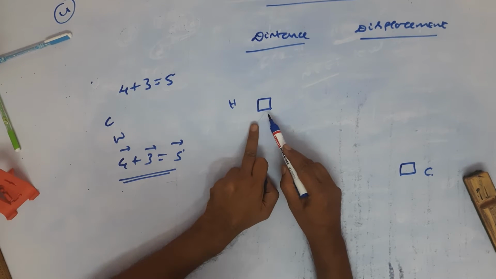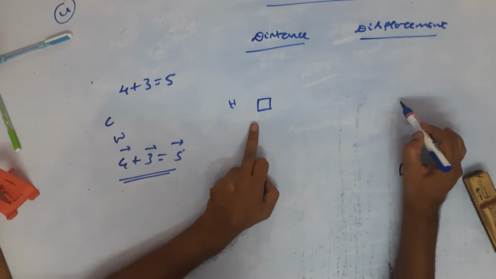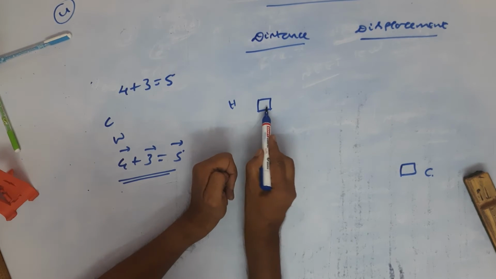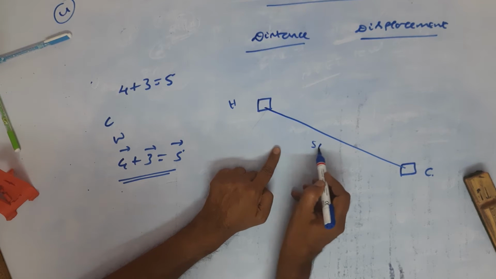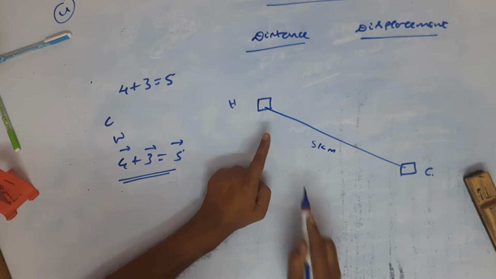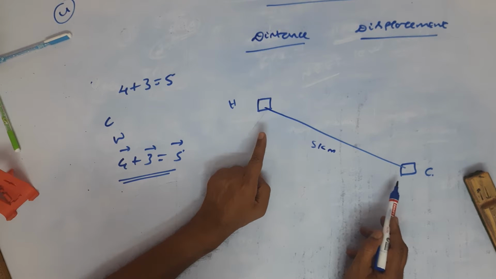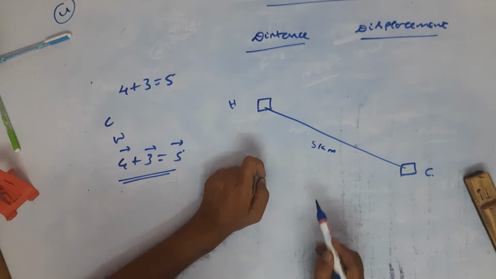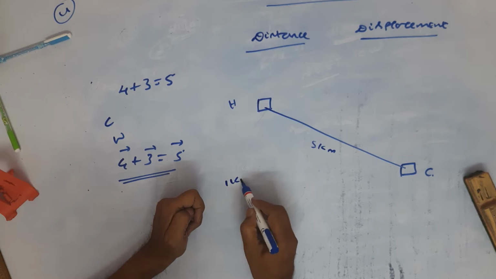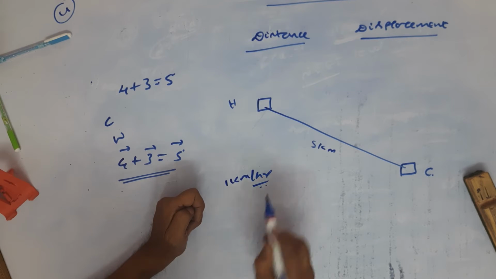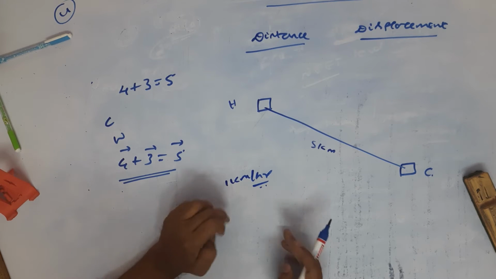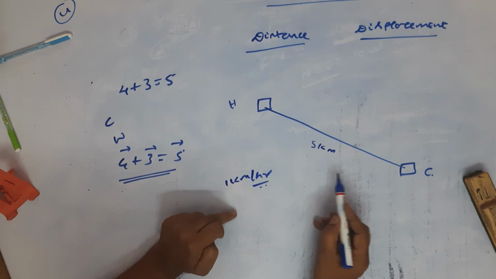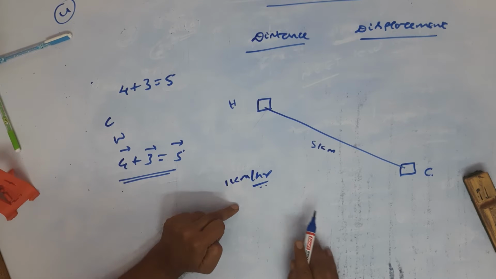Okay, so let this be your home and this be your college, and let the distance from home to college be 5 kilometers. You want to go by walking, and your speed is 1 kilometer per hour. Say you are going leisurely, covering 1 kilometer in 1 hour. It is a hypothetical situation. Then the time required is 5 hours. Very good, you're right.